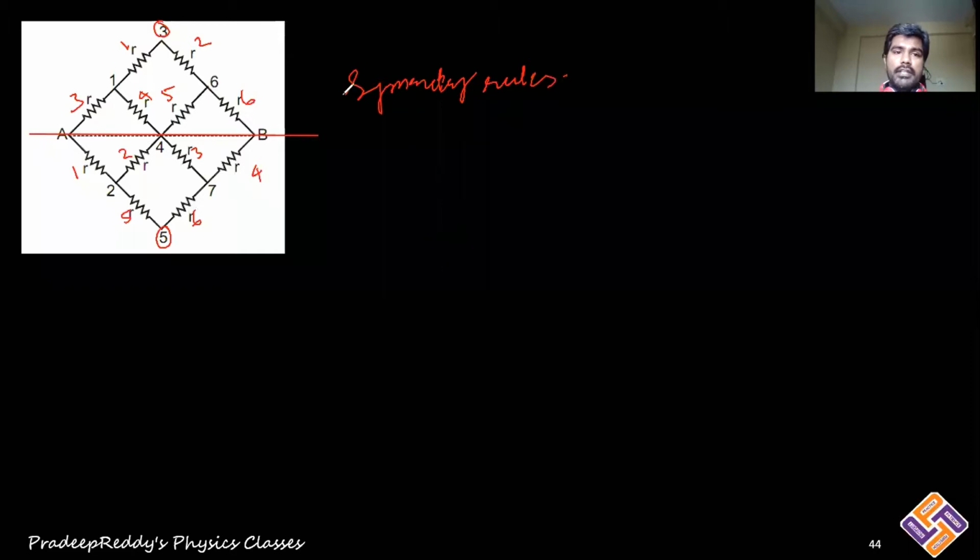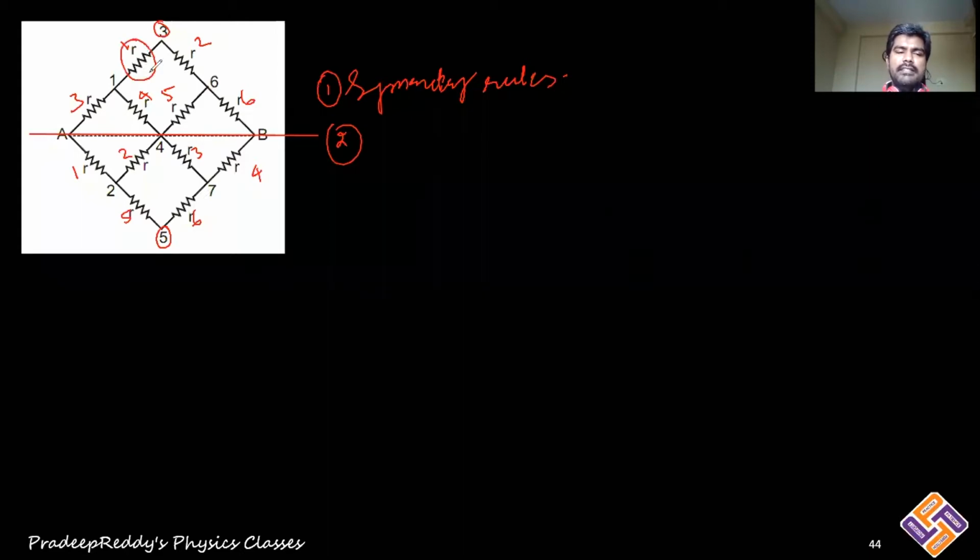And one more thing: I already told you, if you are considering the above part, then the below part should be the mirror image of the above part. When does it become a mirror image? If and only if the values of all the resistors above the horizontal are repeated below as well. So see, in this problem we have resistor R, the one which I am rounding with red ink.